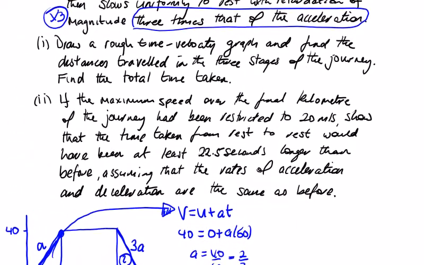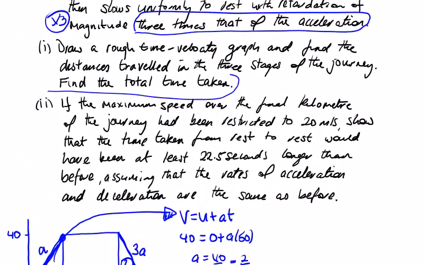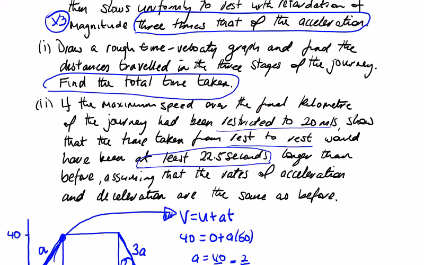What were we asked for? Find the time taken. Okay, so we have the time taken, 260. Now, what are we asked in part 2? If the max speed over the final kilometer of the journey is restricted to 20, show that the time taken from rest to rest would have been at least 22.5 seconds longer, assuming that the rates of acceleration and deceleration are the same as before. Okay,